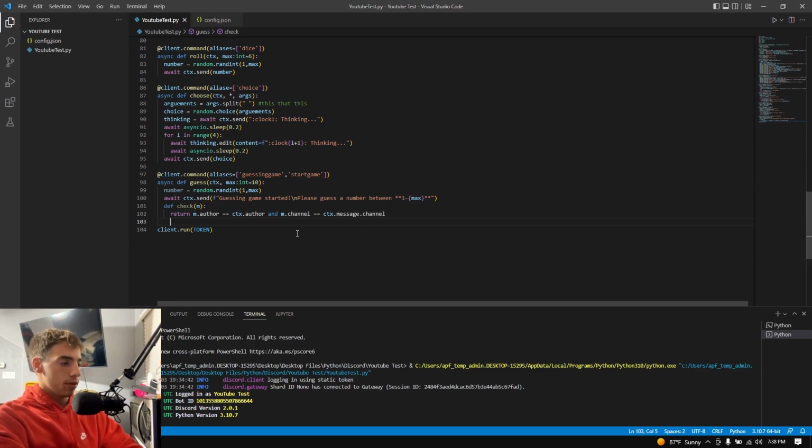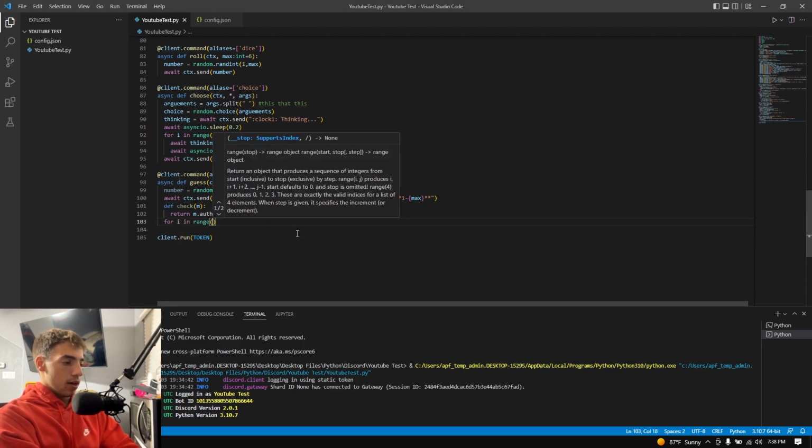Also, I do want to implement a max amount of tries. You can leave it as that, but I don't want someone to be able to guess an infinite amount of times. I want it to say you have 5 tries to guess a number between 1 and 10, and if they guess more than 5 times, the game will end and all the checks will stop. So to do that, I need to create a for loop, and pretty much what this will do is